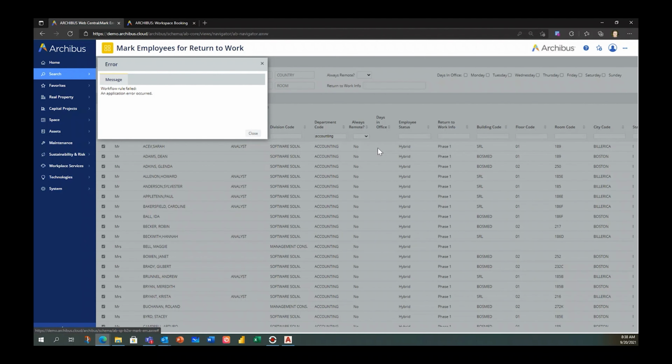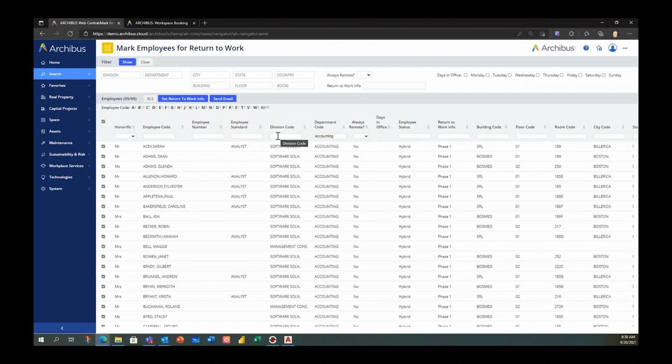What that's going to do is go through the list of employees and send an email out to each one of the email addresses associated to the record here within Arquebus. Now, the content of those email notifications can be easily adjusted or made organizationally specific. So if you're wanting links to training that they need to undertake prior to coming back into the office, whatever the case might be, you're going to have the capability of personalizing that, making sure that everybody's equipped with the correct information.